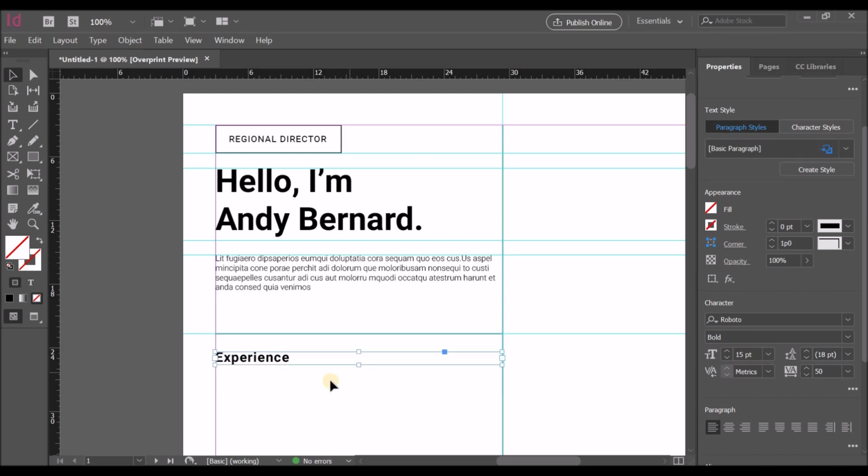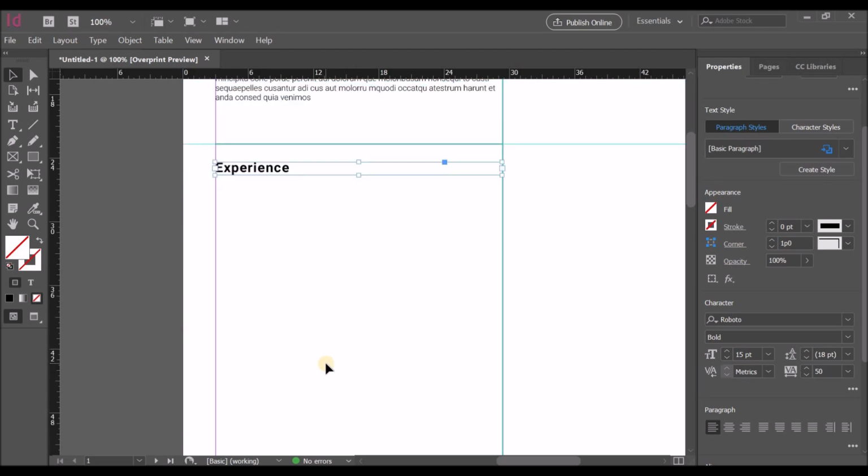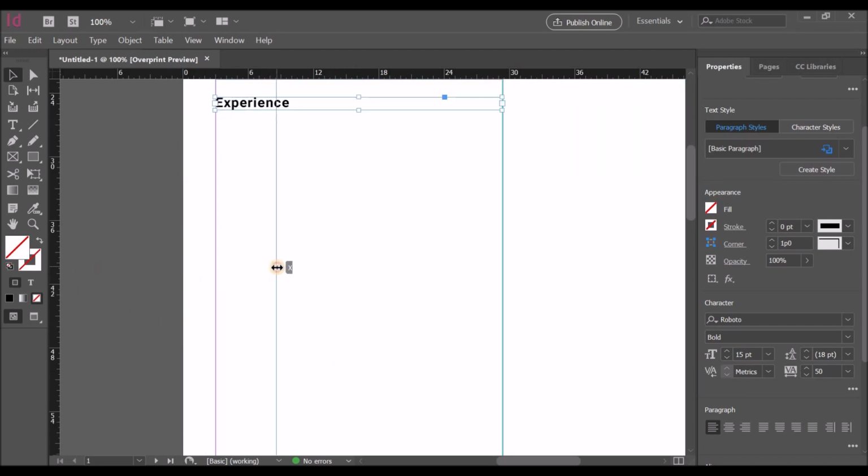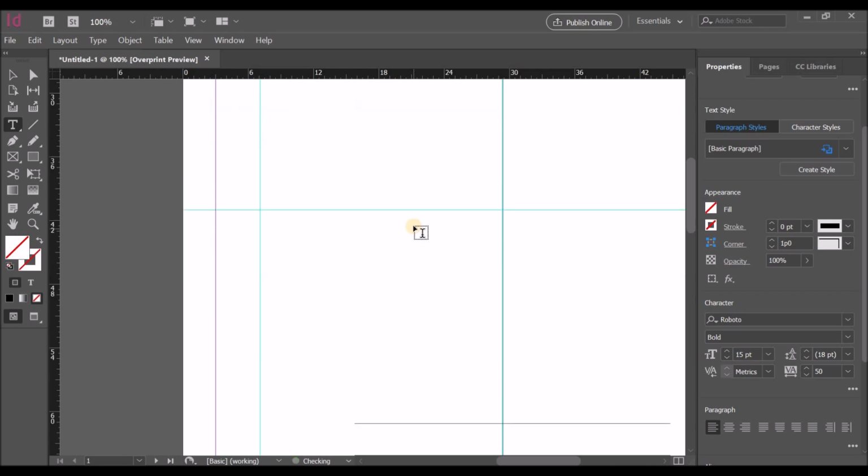Okay, now that we have our header set, let's add one more ruler, and then we'll start adding the experience details one by one. So I'll speed up the process here of adding the experience. Once we are done adding one of the experiences,